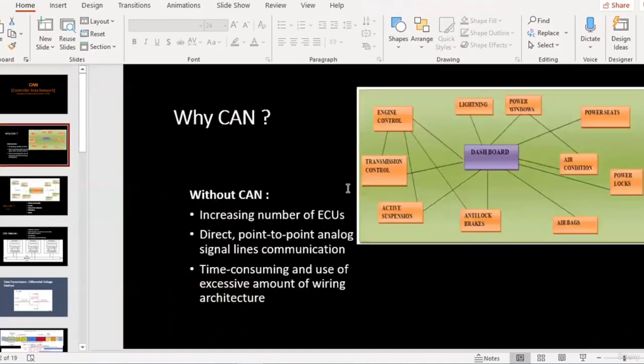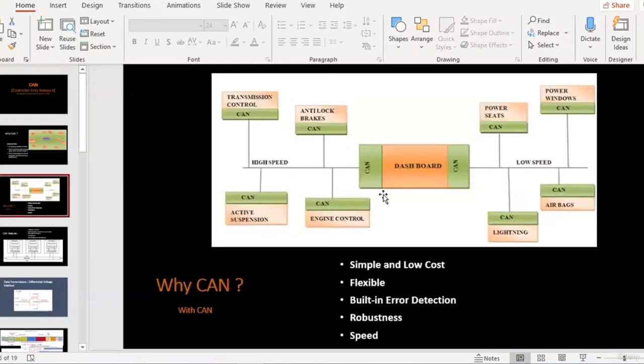If you see the previous diagram, even if you remove the dashboard, all of these ECUs will stop working, because they are connected to each other through the dashboard ECU. That can be avoided here. Each and every ECU can be removed or added to the network without affecting the other ECUs.